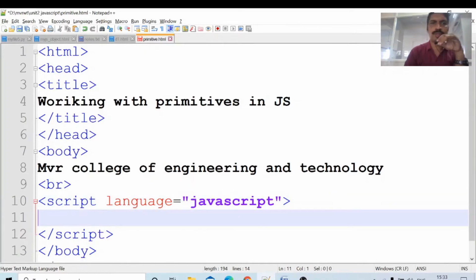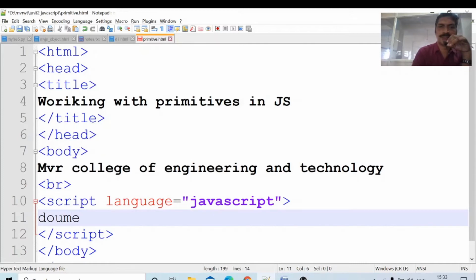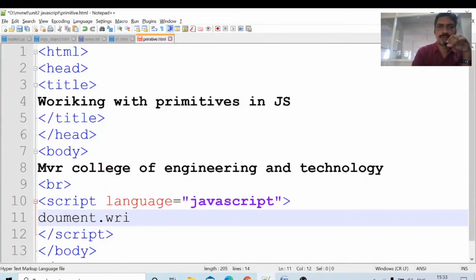Now here I am writing one statement. Document dot, what is the printing value? Write. Document dot write, welcome.